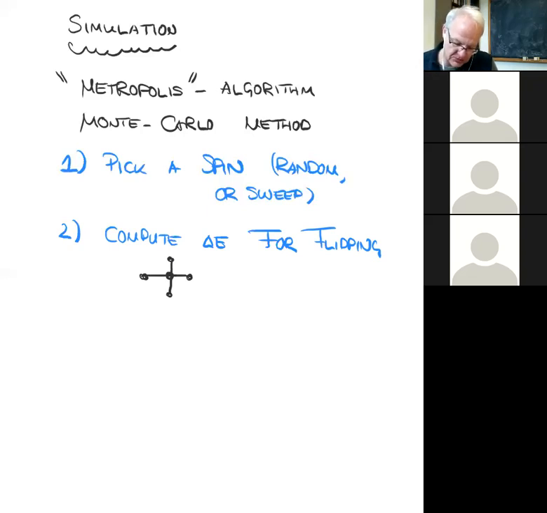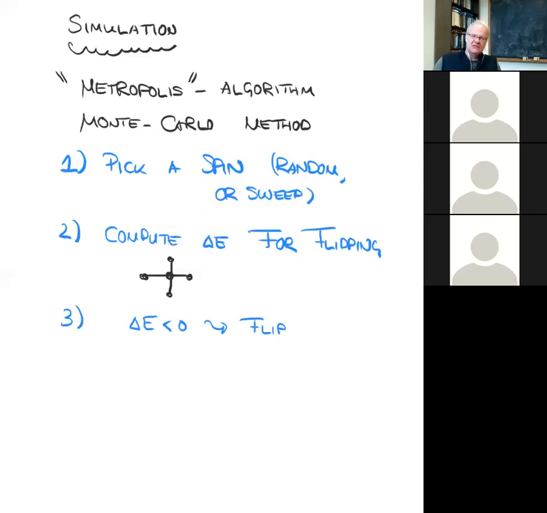And so now comes what's usually called an accept-reject step, which is we try to figure out whether we should actually flip the spin, given that we know how much that costs in energy. The rule for doing it is very simple. If delta E is less than 0, then we flip. If we lower the energy by flipping the spin, then we just do it. So that would be one possibility: if you lower the energy, you flip, and if you don't lower the energy, you don't flip.